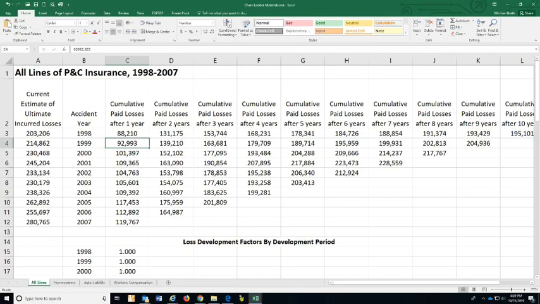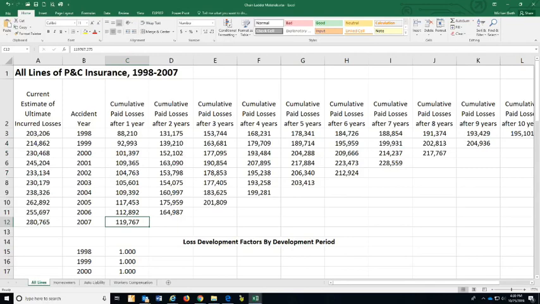The cumulative paid after 1 year is the amount paid as of 12/31/1999. 2000, 2001, 2002, 2003, 2004, 2005, 2006, 2007. And again, with the data we're using, it stops at 2007. The 2007 accident year has only 1 year of development. That's the accident year as of